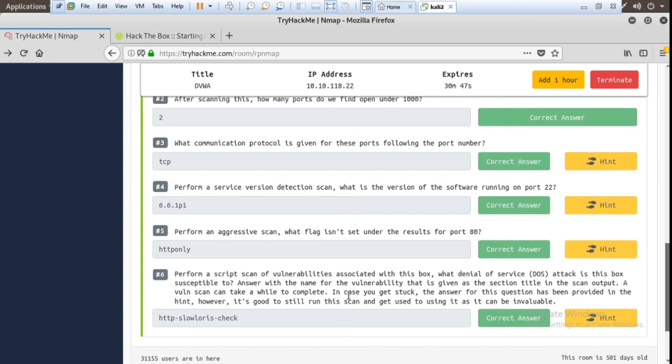In case you get stuck, the answer for this question has been provided at the end. However, it's good to still learn this scan and get used to using it, as it can be invaluable. To scan for vulnerabilities, use --script vuln.